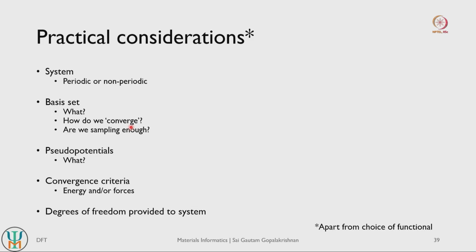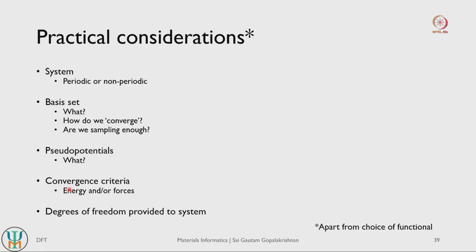So how do we know that our basis set is good enough and are we sampling the basis set well enough. So let us say we are using some kind of sampling techniques or mesh techniques to sample our electron densities at different points in space. Are we sampling the electron densities at a sufficient number of points, right. So these are again some practical considerations. And then there is also this aspect of pseudo potential. So we will get to what these pseudo potentials are and what are some of the design choices that we need to make in terms of pseudo potentials, and when do we consider our calculation to be good enough, right.